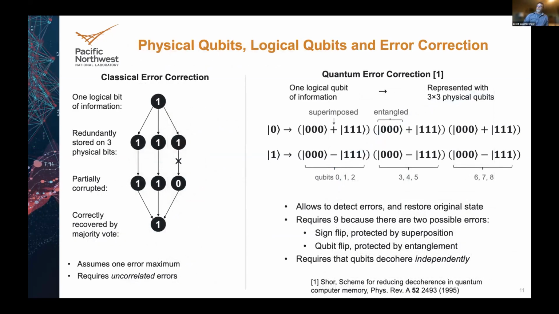So this is a thing. You can do it classically. The simplest scheme I know of for classical error correction is shown on the left, where you have one logical bit of information you want to store. You can simply do it redundantly by storing it on 3 physical bits. As long as the errors are relatively rare, such that you have at most one of them, you can then take a simple majority vote and reconstruct what your original state must have been, even in the presence of errors.